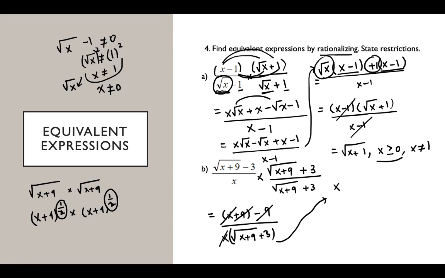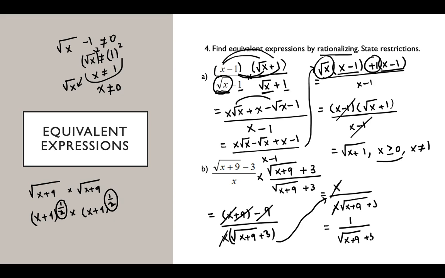Okay, so if I have to show you, plus 9 minus 9 cancels out. It will be square root of x plus 9 plus 3. And then they cancel out. Okay, so my final answer is 1 over square root of x plus 9